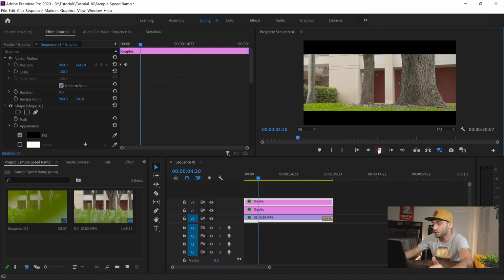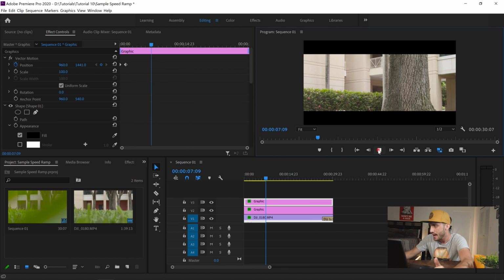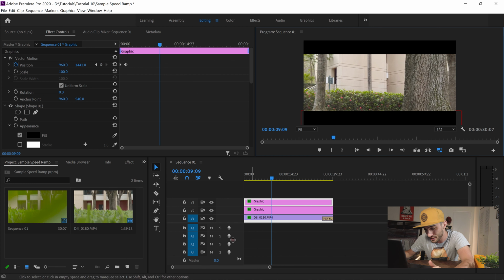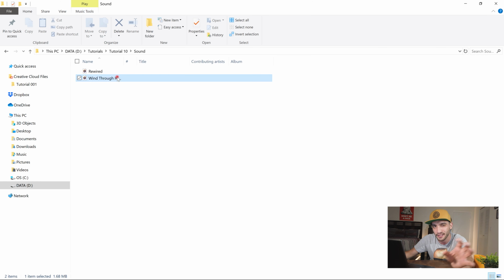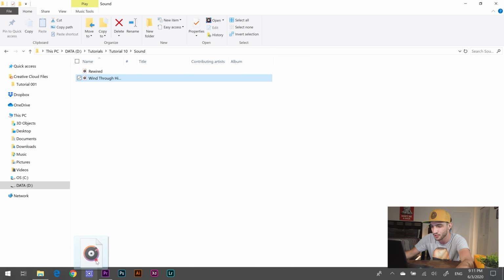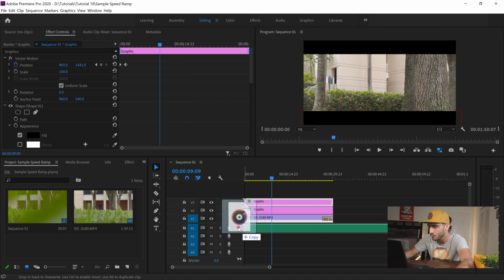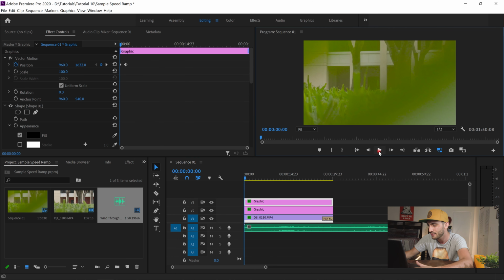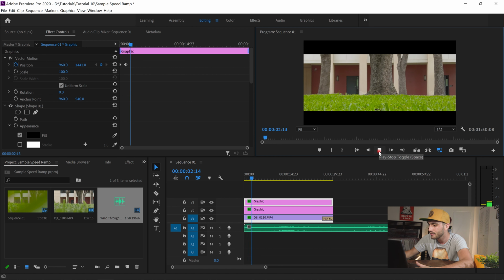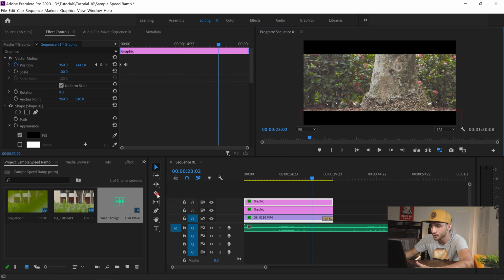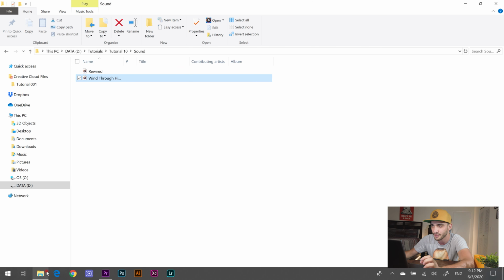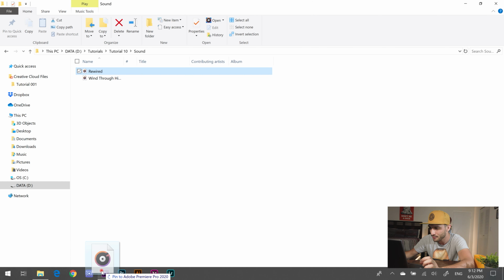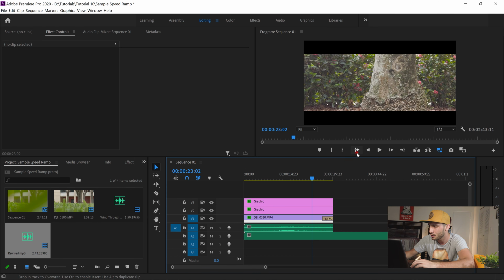So we added 3 speed ramps, I think, in total. And what I'm gonna do to make this even cooler is adding some sound effects. I love sound effects. So I'm just gonna go over here. I have some wind in the grass sound effect. I'm just gonna drag and drop it here. So now if I play it, then I just go to razor tool and just cut it over here, go to selection, select it, delete, and then I'm just gonna add a very chill music on the background as well. I just drag and drop it here. So if I play it,